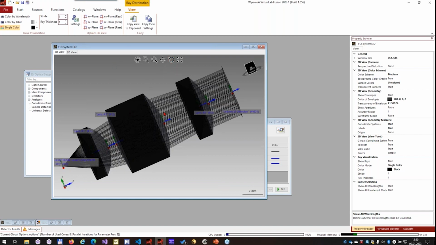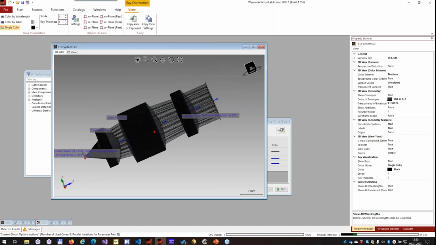The configuration of the 3D view can be done in different ways. So again, we have a view ribbon for the 3D view. You can change, for example, the ray visualization, so the ray thickness. You can also change the orientation by some pre-configured orientations. Another option is that you use the property browser to configure all of this. And what's really new in this 2023 version is we have, let's say, re-implemented and restructured the configuration dialog of